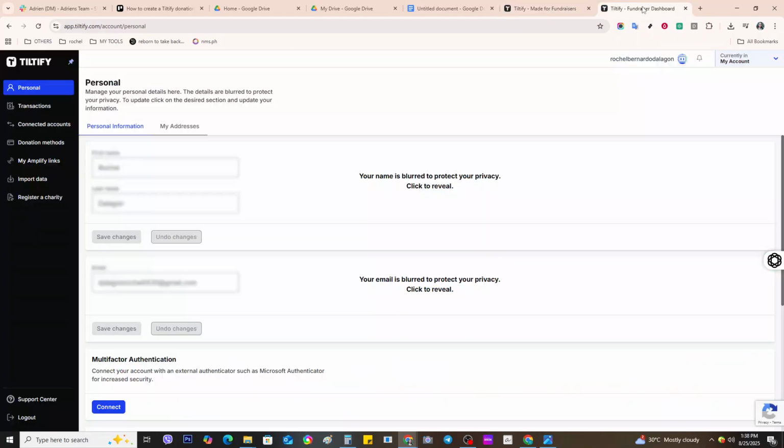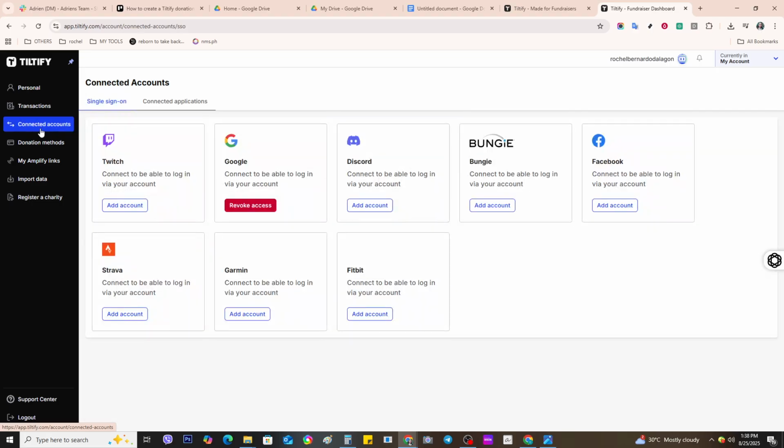Now that you've chosen your campaign, direct your attention towards the left-hand side of the screen where you'll spot the menu. This menu is your navigation tool, providing access to various functions and settings for your campaign. We're particularly interested in the section that relates to integrations or connection options. Carefully locate this section. Sometimes it might be labeled slightly differently, but it's usually related to extending or enhancing the